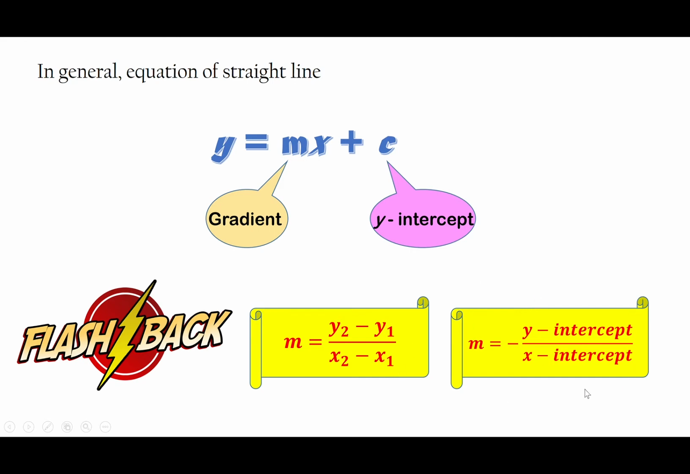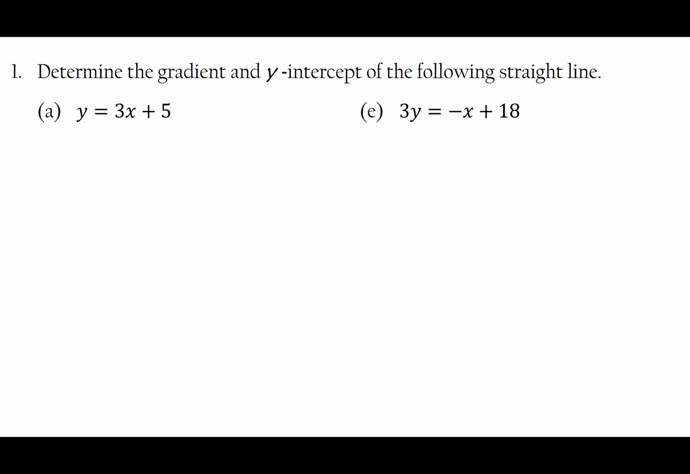And another equation is negative. Usually I will use a bracket, and negative y-intercept divided by x-intercept. So we have two formula to find the gradient. 所以我们在找 gradient 就是斜线嘛，我们一共会有2个 formula，所以你要记得这个其实是你学过的。So the question 1 in your textbook, determine the gradient and y-intercept of the following straight